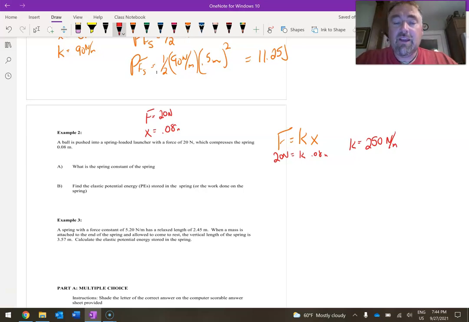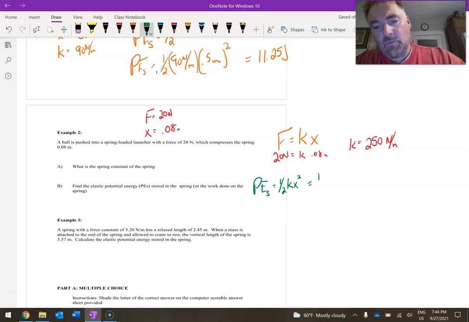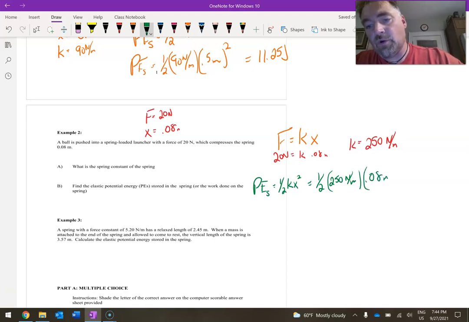In part B, they want us to find the elastic potential energy. So for that one, I'll change this back to green. And for that, the potential energy stored in the spring is 1/2 kx². And for that, 1/2 of the 250 newtons per meter times 0.08 meters, but don't forget to square it. And when we do that, that's going to give us a whopping 0.8